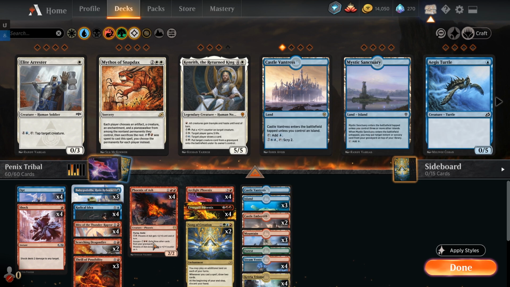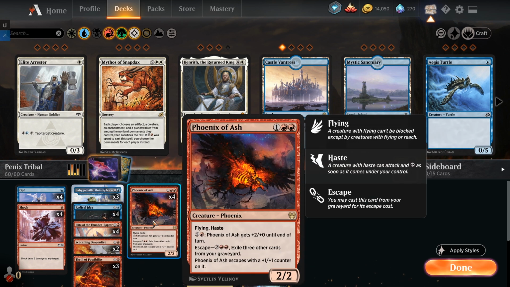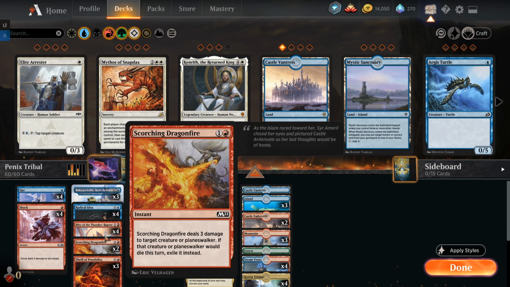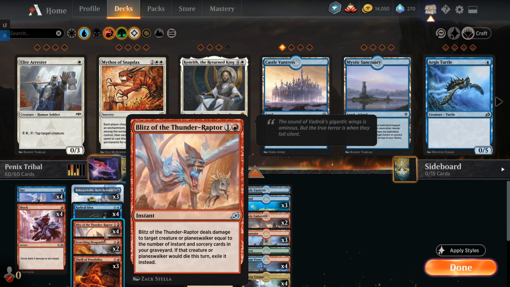All the cards we're going to be discarding can be escaped on Phoenix of Ash as well, which is not too bad there either. But yeah, Blitz of the Thunderraptor, as we mentioned, we've got lots of instants and sorceries in here, and this one actually deals damage equal to the amount of instants and sorceries in your graveyard. So we should be able to do a decent amount of damage with this,